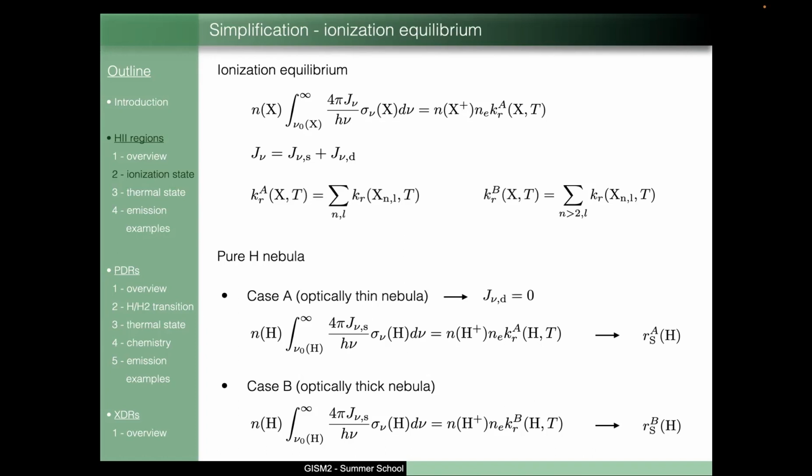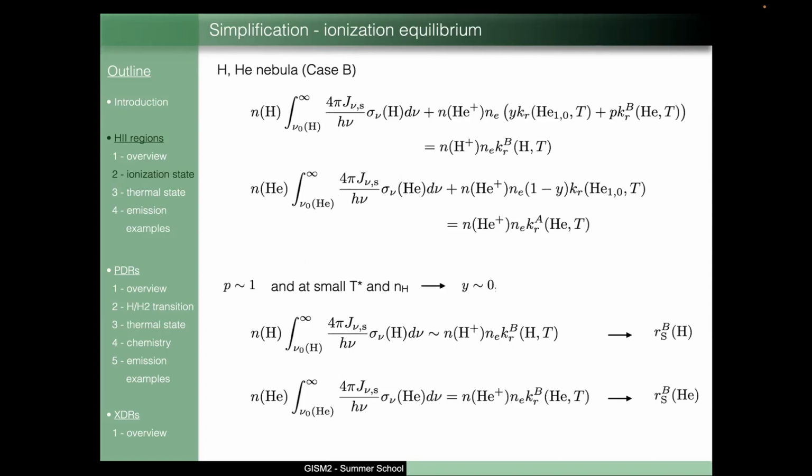So basically, once you have this equation in a pure hydrogen nebula, you can integrate over 4 pi, then integrate over the distance. And what this equation gives you, and you can do it yourself, it's easy, is the equation of the so-called Strömgren radius. Okay, so the Strömgren radius just gives you the size of the ionized bubble around the central object. Okay. So now we can move to the more realistic case,